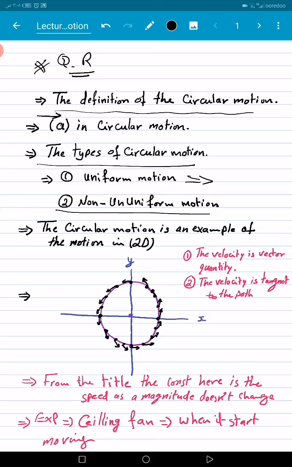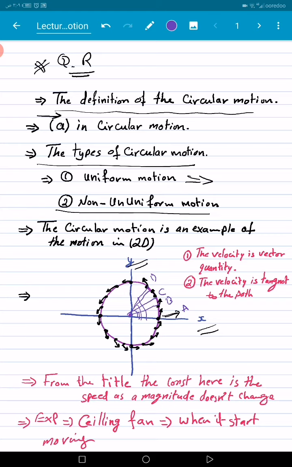So if we have a circular motion, if I imagine it, it is an example of motion in two dimensions, in x and in y. When I have an object, for example, at point A, and it moves to point B, from B to C, from C to D. So what is the change? It's changing the angle. As I draw here,